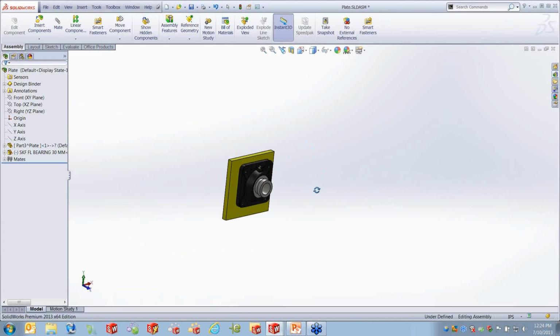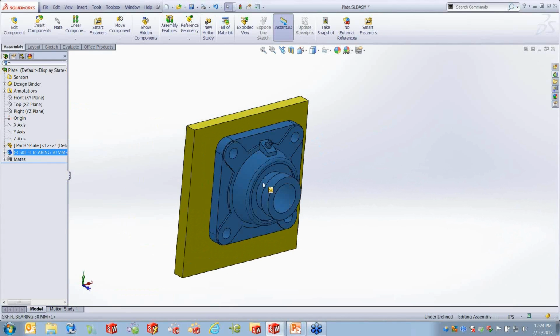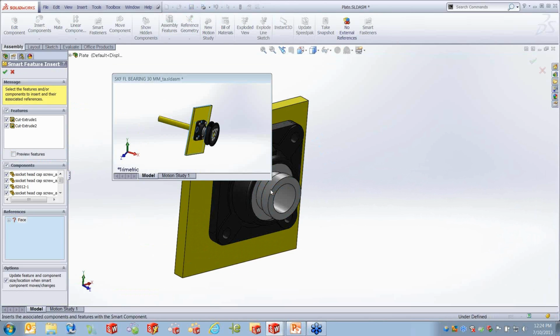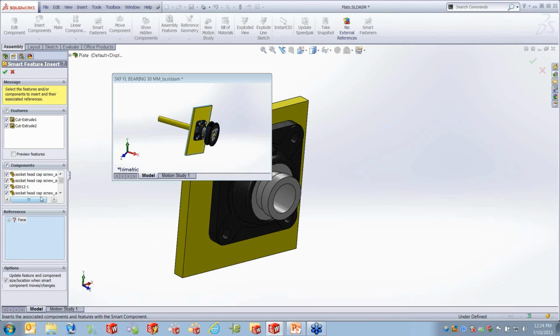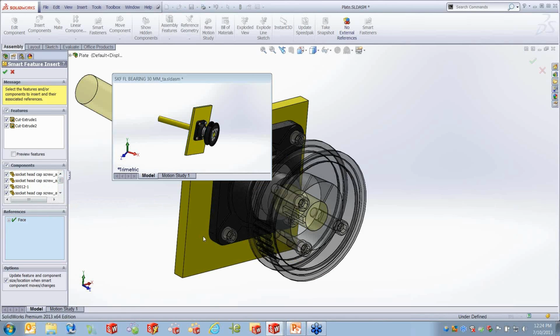Position it on there. Now to use the features in components, click on the little star, and now all the components associated with that are also listed, and you could choose to add all the components, to add none of the components, or to turn some on and off, and then all I have to do is give it the face reference. And once I do that,